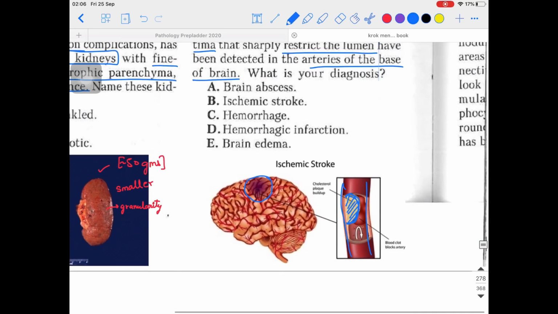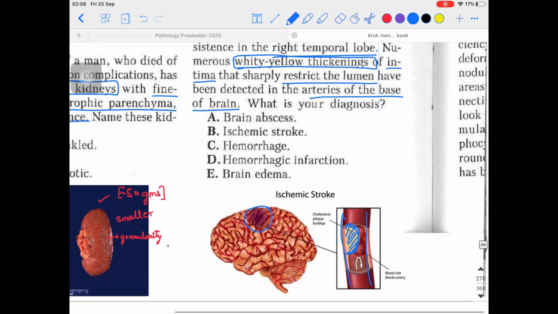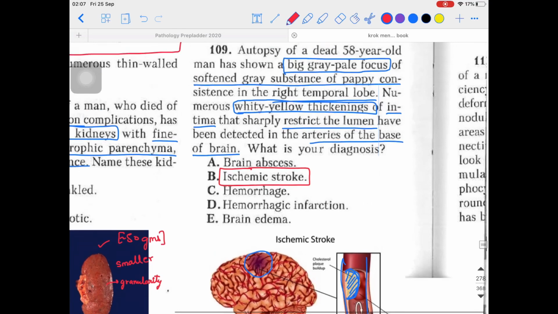So this is a case of ischemic stroke. There are two kinds of strokes: ischemic stroke and hemorrhagic stroke. The main difference is ischemic stroke will not have the spillage of the blood. Hemorrhagic stroke is even far more dangerous, because in the hemorrhagic stroke, the blood vessel will be leaking blood and it will be spilling out from the blood vessel, and the person might undergo the condition of shock, for example, hemorrhagic or hypovolemic shock. So that is even worse. So this is the case of ischemic stroke. Fine. So I hope you're clear with this one.